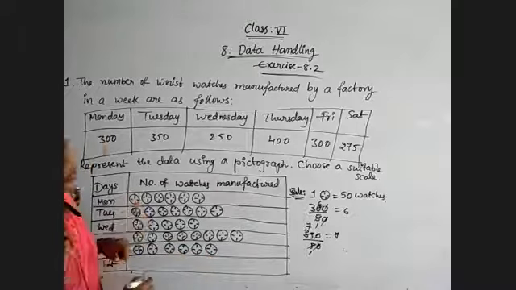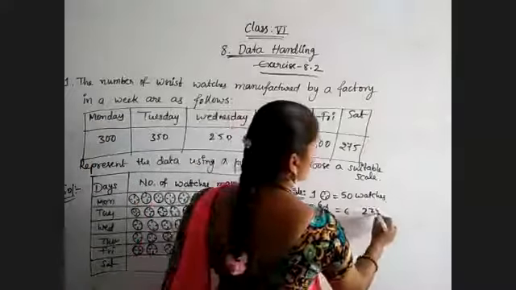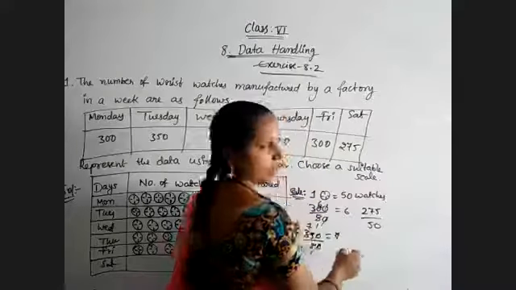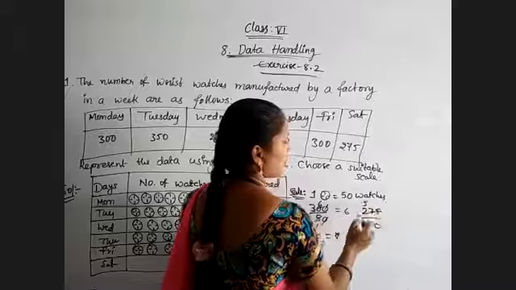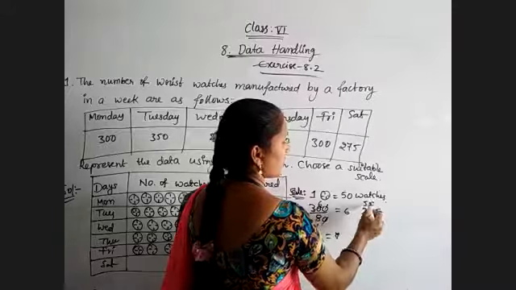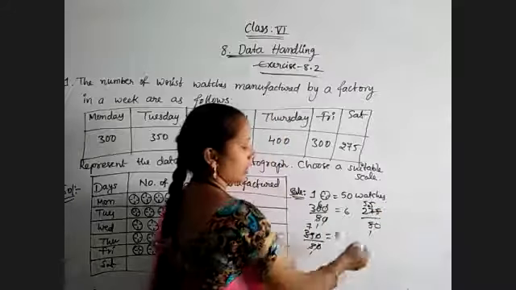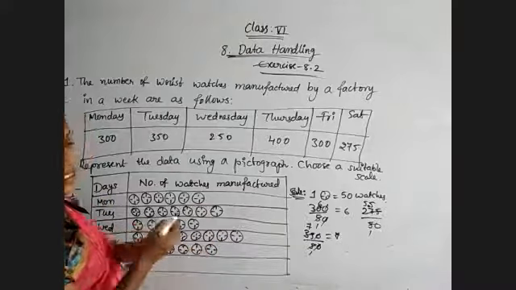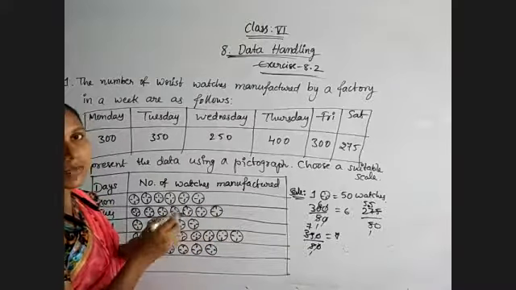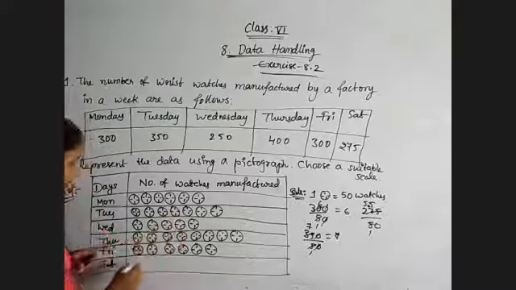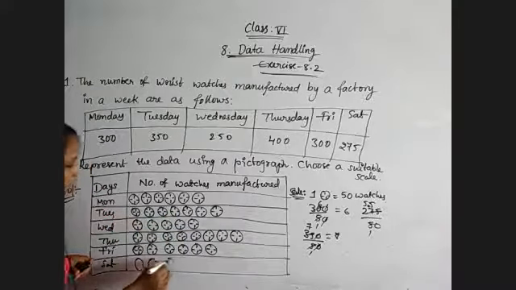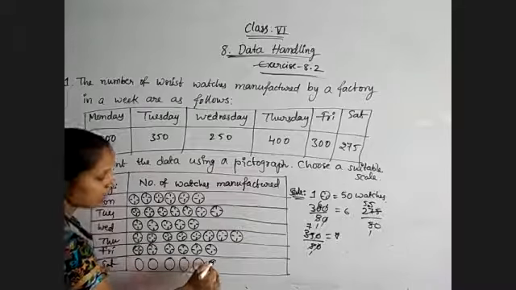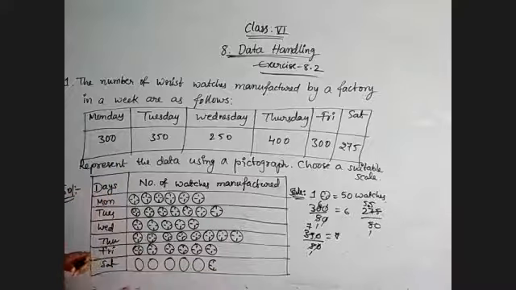Next, 275 by 50. So here do the cancellation. What will we get? 27.5 we will get. So 5 ones are 5, 5 5s are 25. 5.5 we will get as the answer. Okay, the 1 0 is there now. That's why 5.5 means 5 symbols completely used. Next, for the sixth symbol only half we have to take. 5.5: 1 2 3 4 5 symbols completely. Sixth one only half.